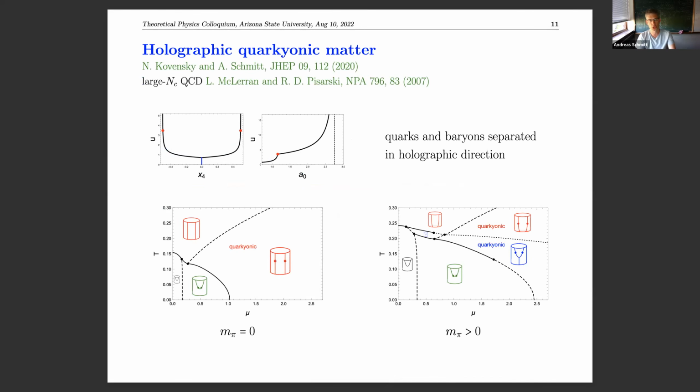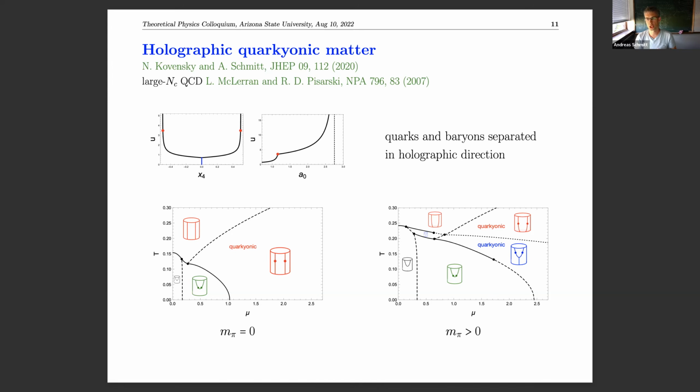Okay, so here's one slide about quarkyonic matter. Quarkyonic matter was suggested by Larry McLerran and Rob Pisarski, basically as a phase of nuclear matter at large N_c. That's one way of saying what quarkyonic matter is. What the name suggests already is that it has some properties of quark matter and some properties of baryonic matter. And what emerged in their analysis already, and what some people have used recently, is a picture of a quark Fermi surface with a layer of baryons in momentum space on top of that.